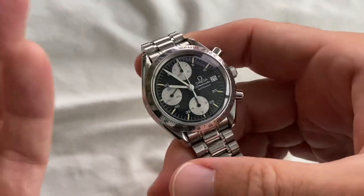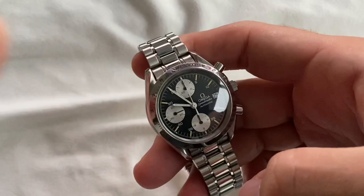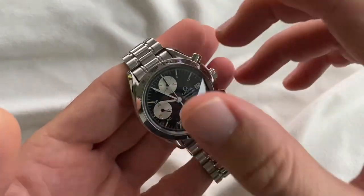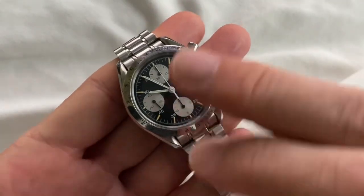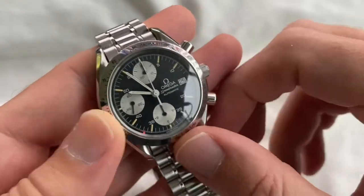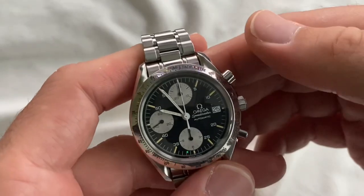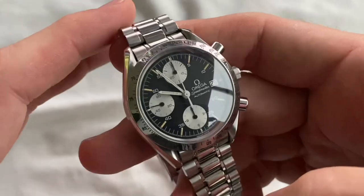So the first caliber was, if I'm not mistaken, the 1155, and then replaced around 95-96 by the 1152. So rhodium plated, 25 jewels instead of the earlier 17, but the rest similar. So this is the Japan only edition with this very cool reverse panda, and as I said, I like the tritium faded, but I mentioned that some later models, certainly from 98, the last year of production, would probably have Luminova,